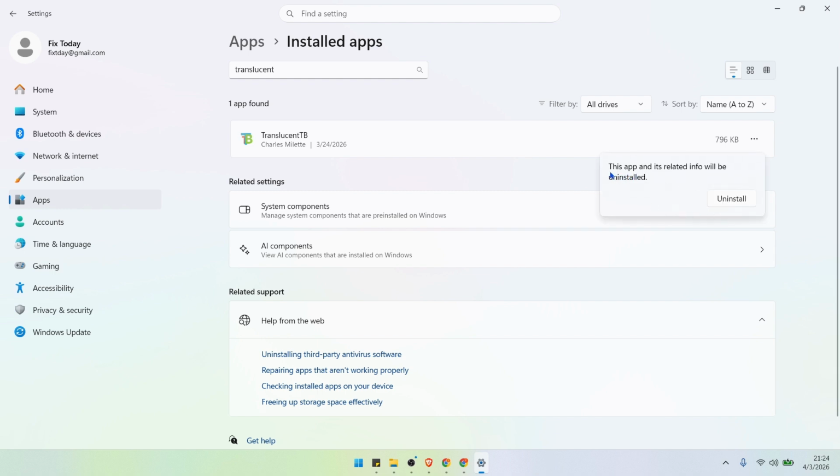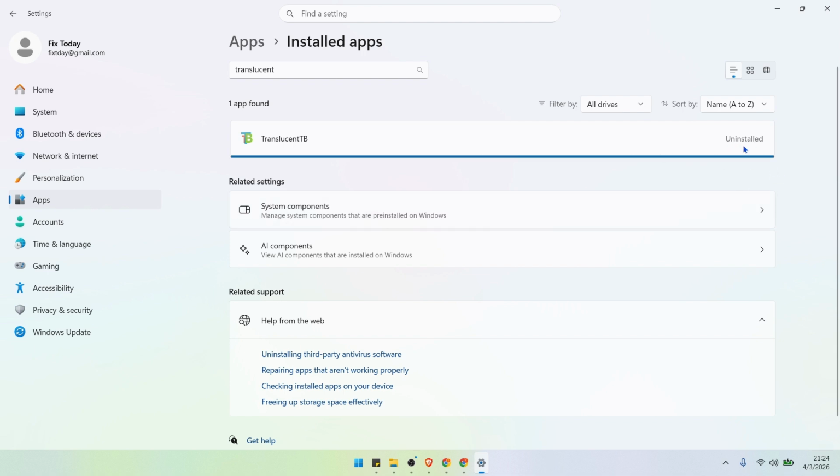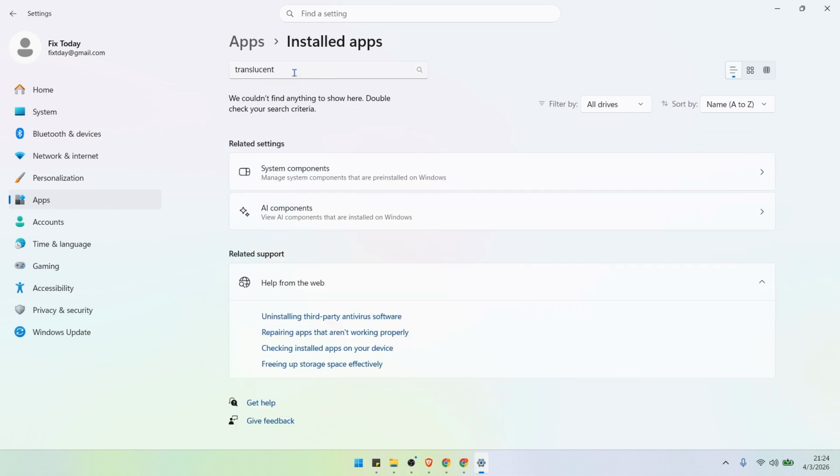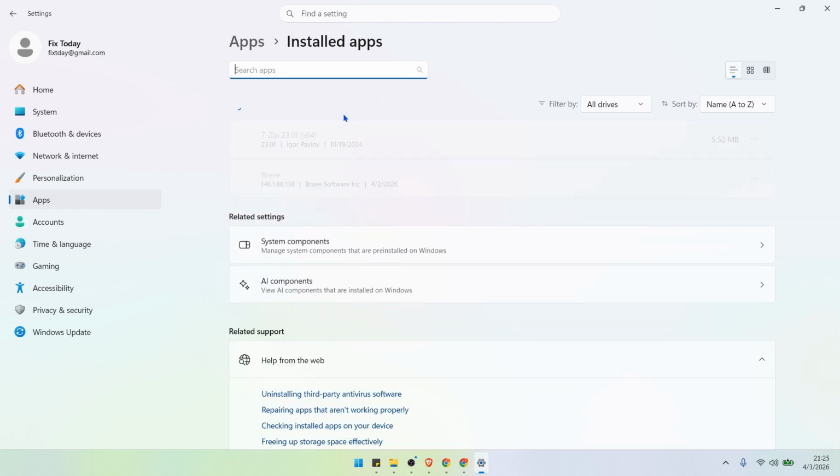A confirmation prompt will appear, so click the second uninstall button to confirm your decision. The system will begin removing the app and you'll see its status change to uninstalling. Wait for the process to complete. Once the status changes to uninstalled, the app will disappear from the list, which means it has been successfully removed